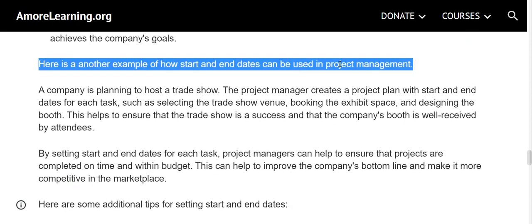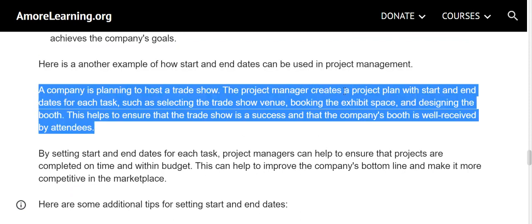Here is another example of how start and end dates can be used in project management. A company is planning to host a trade show. The project manager creates a project plan with start and end dates for each task, such as selecting the trade show venue, booking the exhibit space, and designing the booth. This helps to ensure that the trade show is a success and that the company's booth is well received by